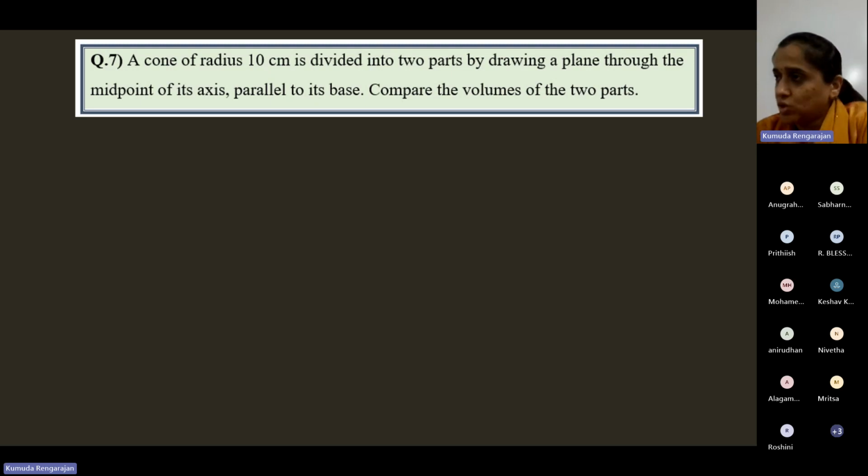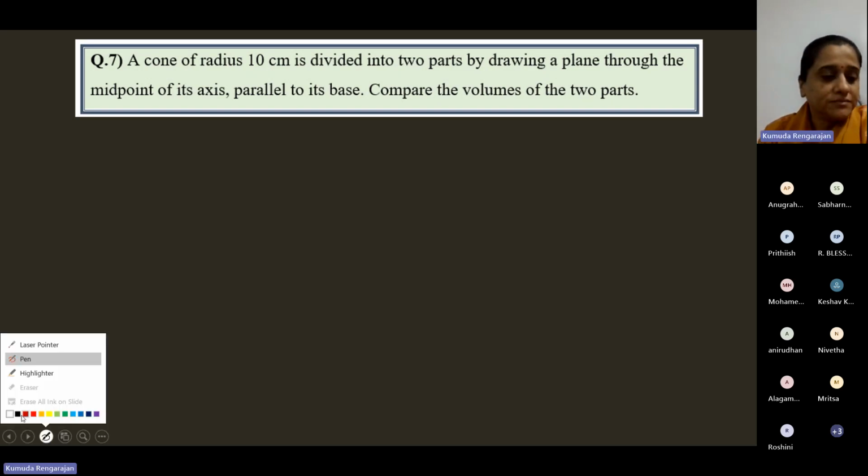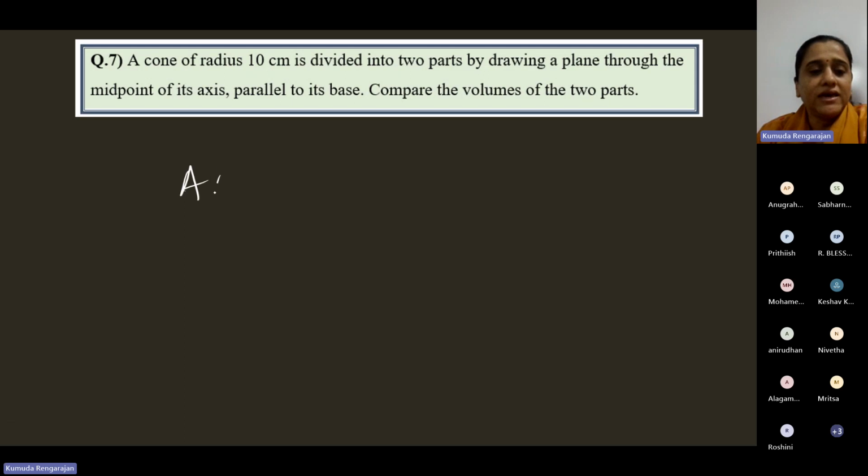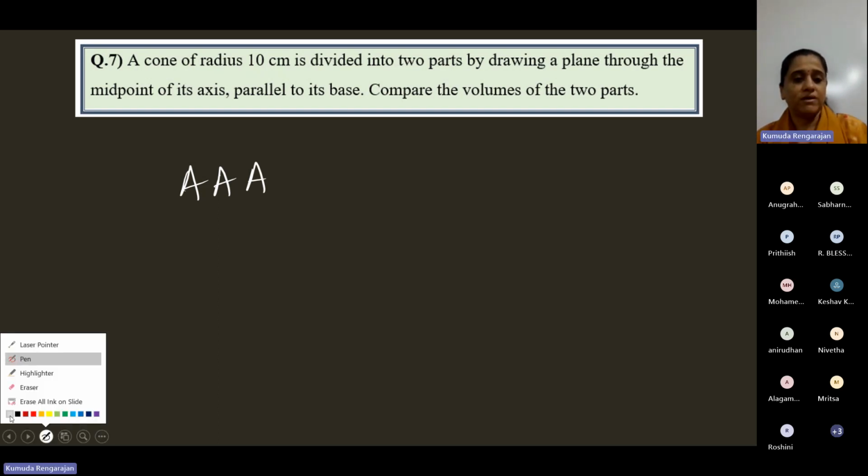In the same way, when you show that two triangles are similar, their corresponding angles are equal and their corresponding sides will be proportional. All right, AAA is a similarity criterion. Keep all this in mind